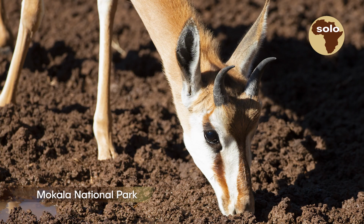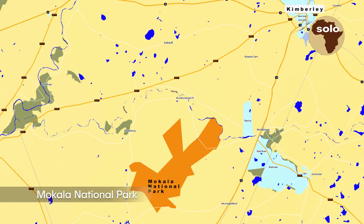Mokala National Park. Situated 60, 70 kilometers outside Kimberley in the Northern Cape. This is SANParks' newest park,